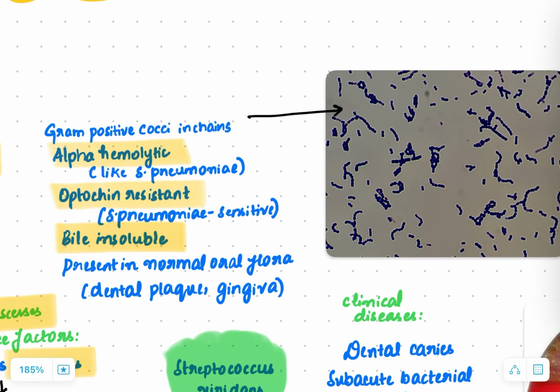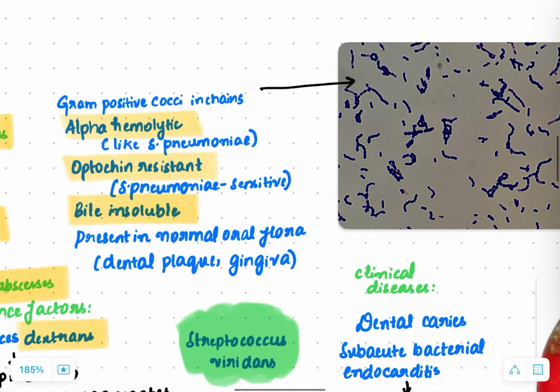We know Streptococcus is divided based on the hemolysis on the blood agar into alpha, beta and gamma groups. Alpha hemolysis means partial hemolysis, beta hemolysis means complete hemolysis, and gamma means no hemolysis. Streptococcus viridans belongs to the alpha hemolysis group along with Streptococcus pneumoniae, and it is also